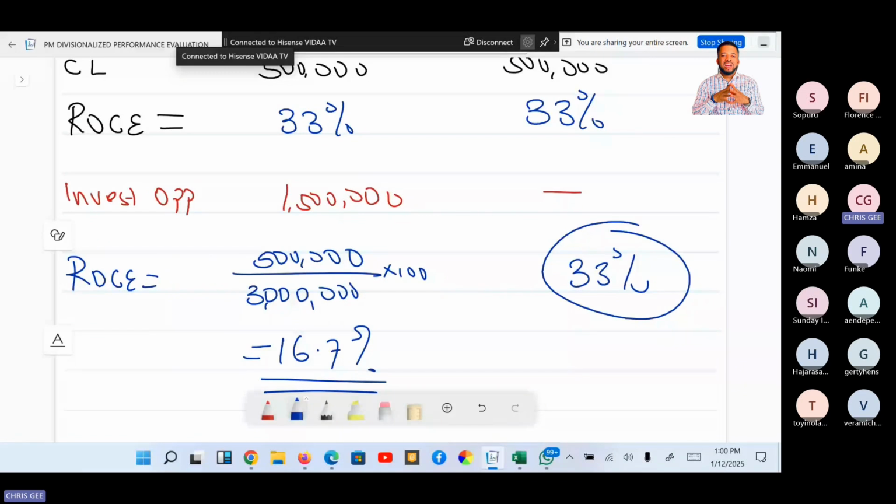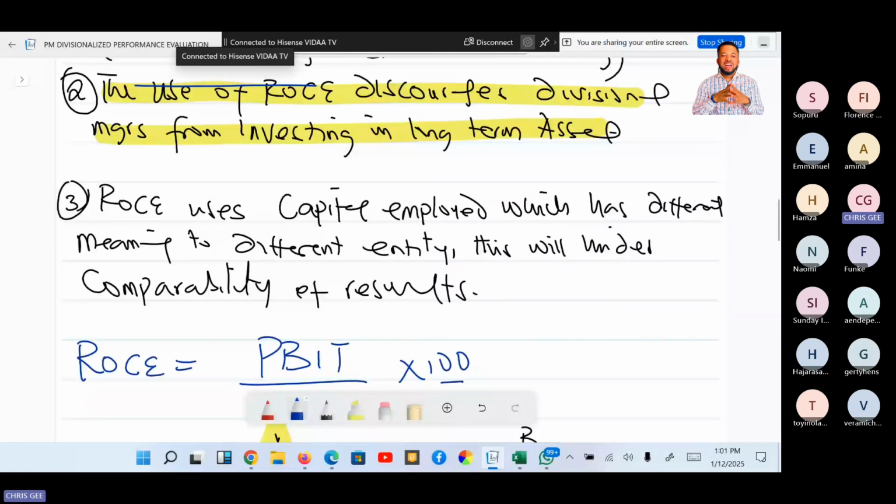Because he's aware that the moment I invest in this opportunity, my capital employed will go up. And if I don't get a corresponding increase in revenue, my ROCE will fall. So one of the disadvantages of the use of ROCE is that managers will always be discouraged